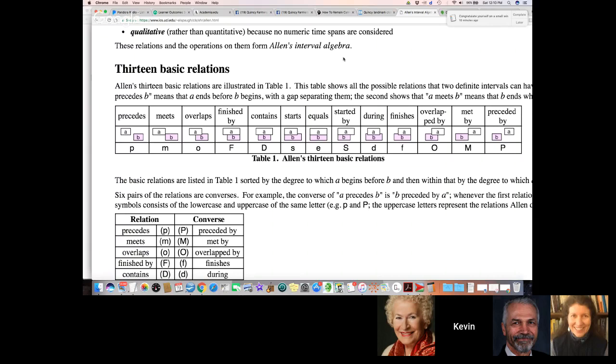So in Warfield's world, if you said A precedes B, it would include the first one, the second one, the third one, the fourth one, and I'm not sure about the sixth one. So Warfield's approach to modeling, his PERT diagrams, and also in modeling influence relationships, is kind of undefined